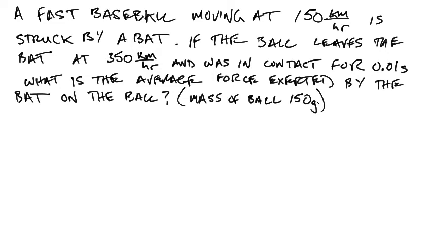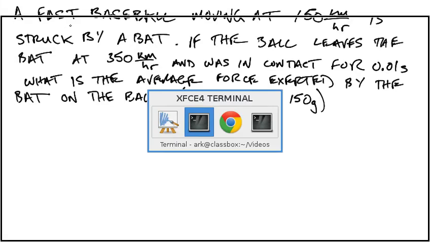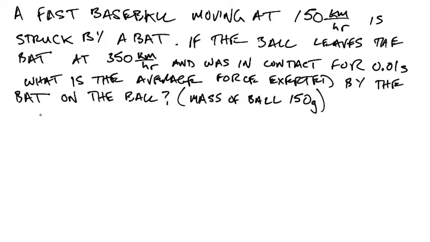Okay, so for this problem, we have a baseball that's moving at 150 kilometers per hour, and it's struck by a bat. So here we have the ball, and it's traveling in this direction, and here's the bat. And the bat hits the ball, and the ball goes in the other direction,